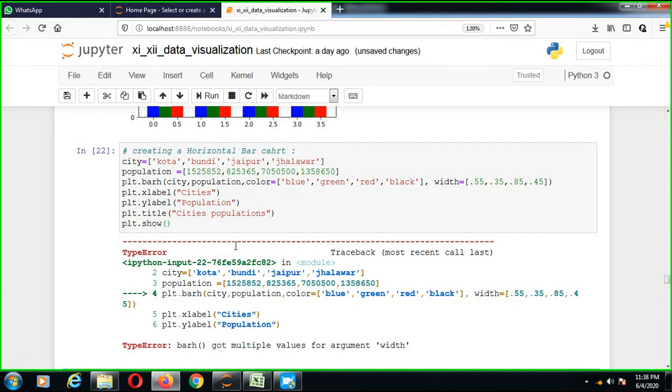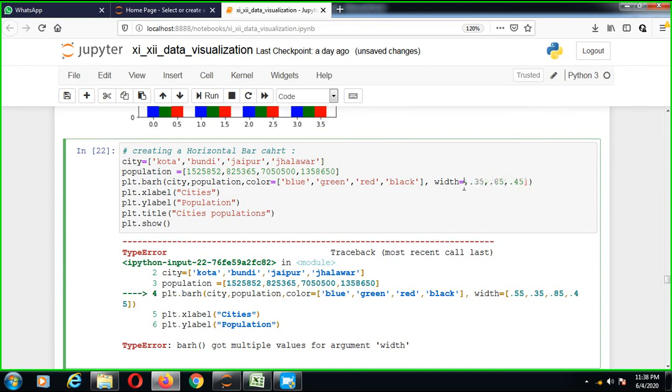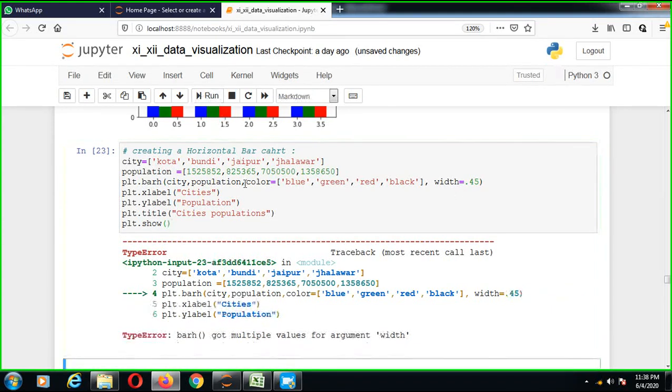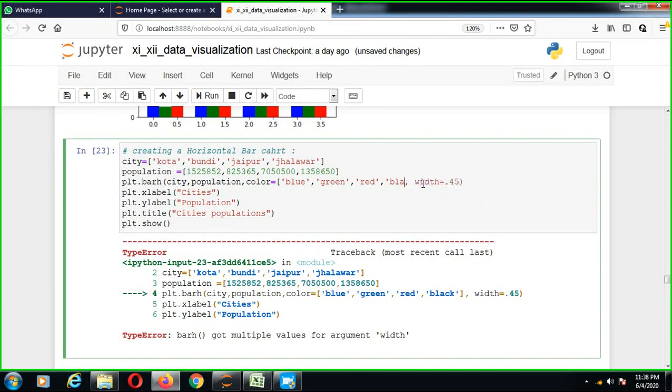So we have to remove this multiple-value portion, the multiple arguments of width.